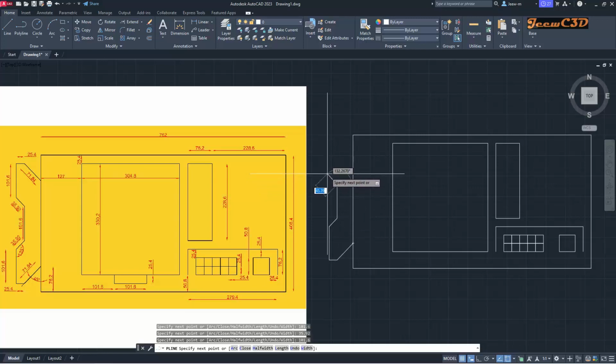Now I am going outside. This angle is now 135. So this time I will first type my length 35.92. Then I will press tab key to get the angle. This angle is 135. I press enter now. Again using object snap tracking, I will move 101.6 upward and coming to the right side 25.4 using the object snap tracking,